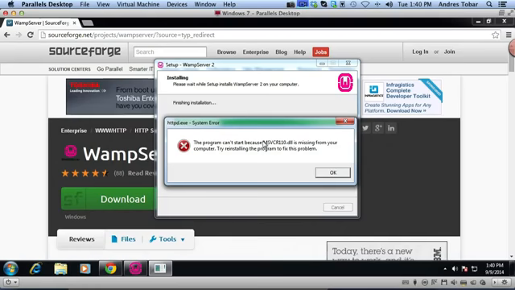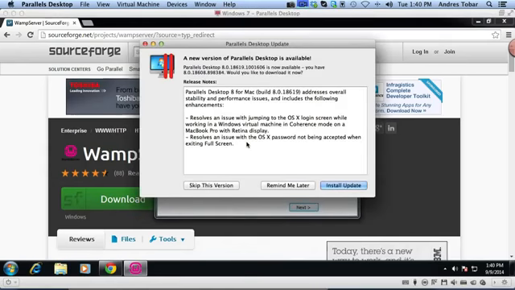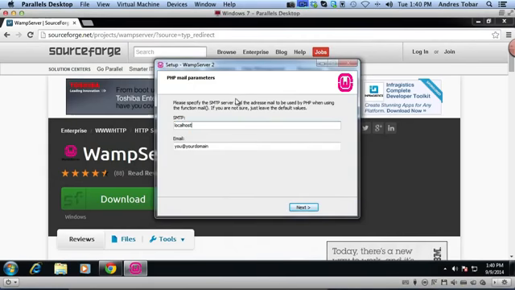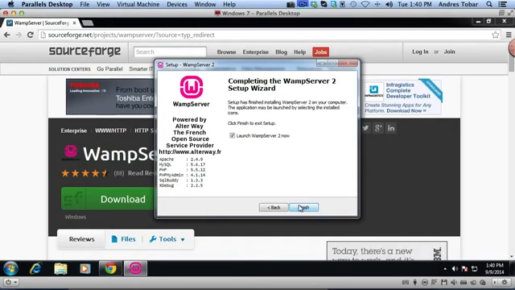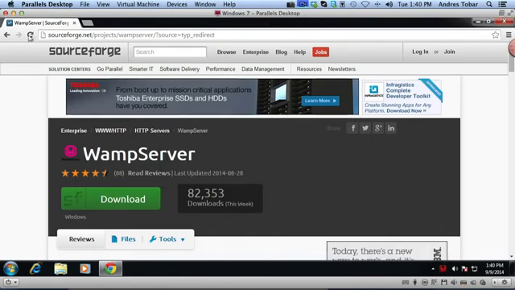And it gave me an error right away saying that I'm missing a DLL. So let's just keep going and see if it's going to give me any issues. The first thing is this SMTP server stuff. You don't need to worry about that. You can just hit next, and then we can go ahead and launch WAMP server 2 now and hit finish. And it keeps on giving me this error. So if we go back to WAMP server,